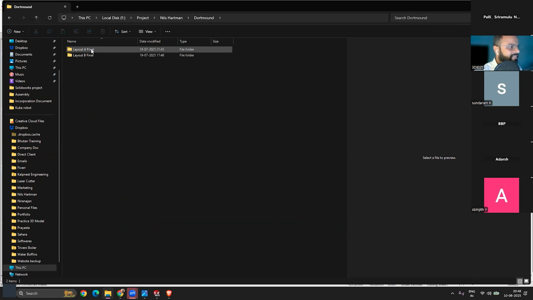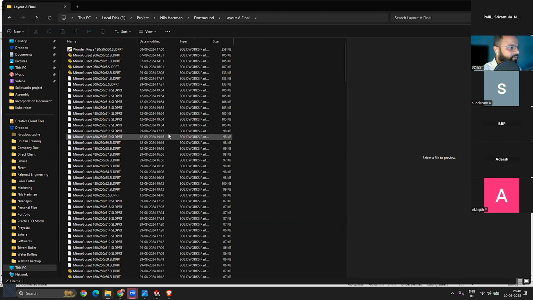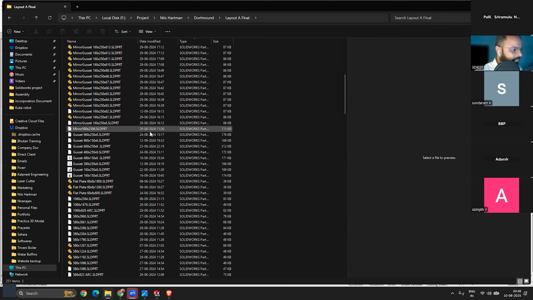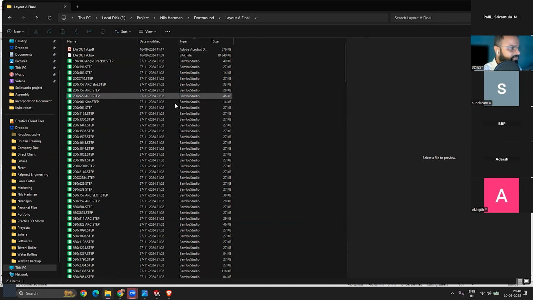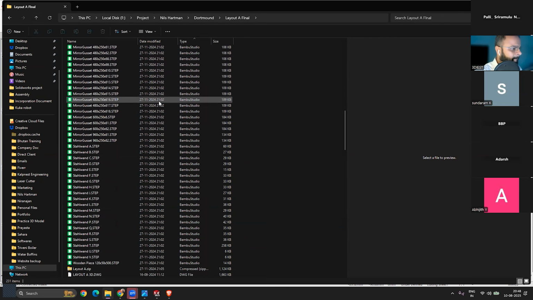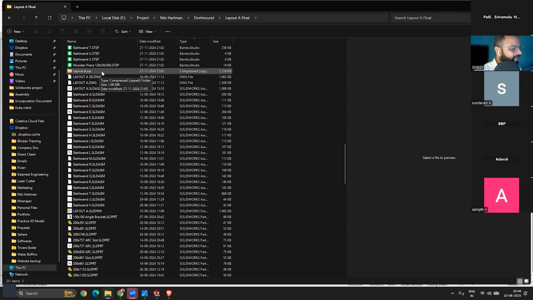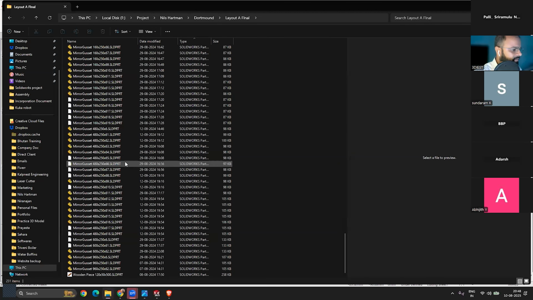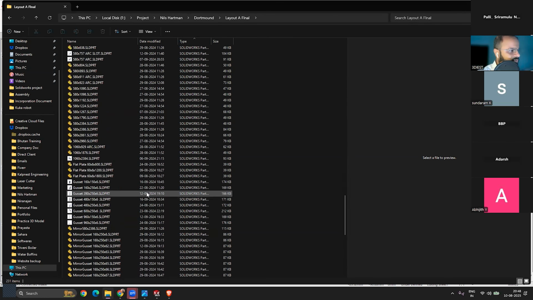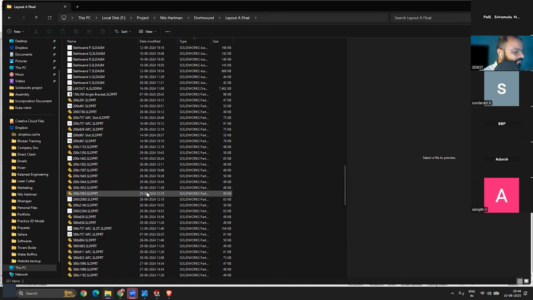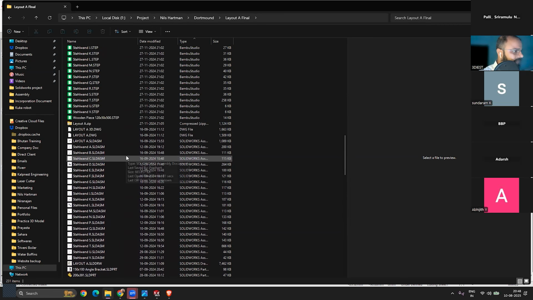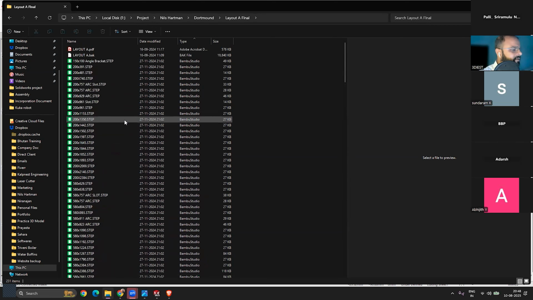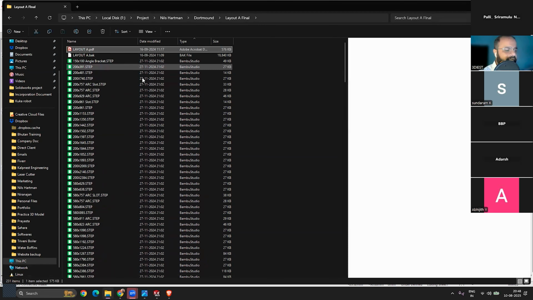So I'm just opening a simple drawing for you. Where is the SLDDRW file? Change this to type. So I'm just trying to find the drawing file, so I can explain to you. This was a big, you can see this is very big. Okay, let me show you with the PDF.